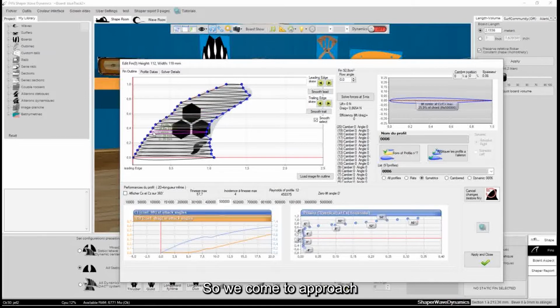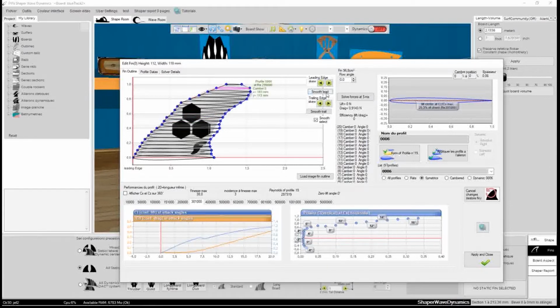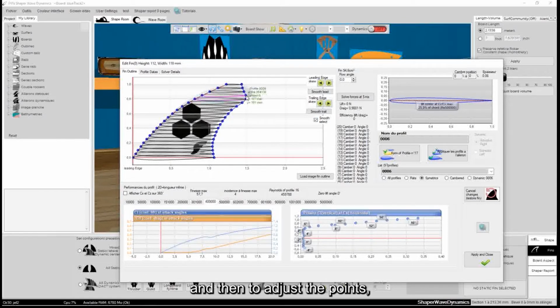So we approach the shape very roughly like that, without worrying too much about it at the start. Here, we are going to use this function, which softens the points, which is smooth, here also at the back. We will then uncheck this smooth select function so that we can really apply each point at will. We could keep smooth select to draw several points, and then to adjust the points, we will use the right arrow on the keyboard to take the point where we want.